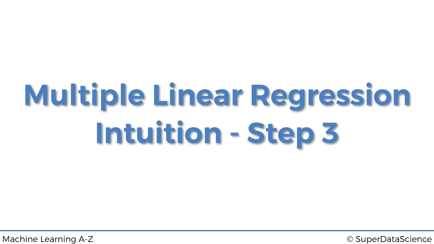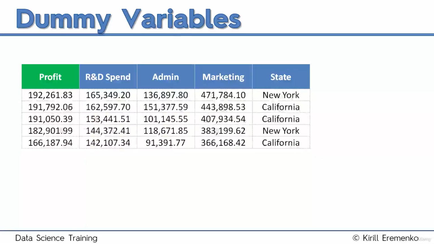Today we're talking about dummy variables. So basically the information that we have is the profit of each company or of each startup, then the R&D spend, the admin spend, the marketing spend. So those three are expenses that the company incurred, and then the state in which it operates, either New York